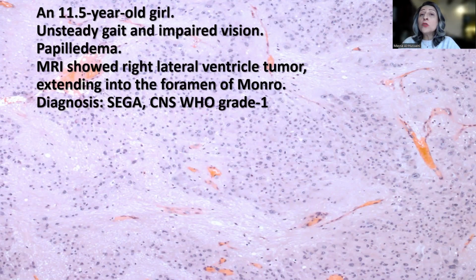What is really important to know is that the morphological features are exactly the same, whether this is associated with tuberous sclerosis or not. The immunohistochemical features are the same. And if the patient or the tumor progresses, they can respond to mTOR inhibitors exactly like patients with SEGA in tuberous sclerosis. Of course, this has important implications for the patient and the family, because if the patient is diagnosed with tuberous sclerosis, then she has to undergo surveillance as well as genetic testing and counseling for the rest of the